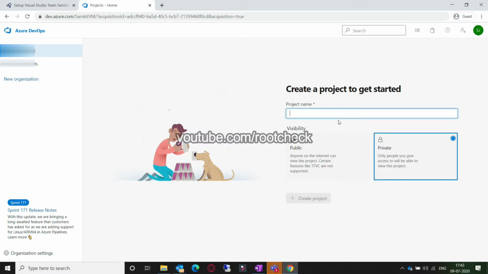One more thing I would like to add here: when you navigate to dev.azure.com for the first time after creating an organization, there is an option to create a project. When you click on that, you would only see the project name and visibility option. So I would suggest go back from this process and try to create a new project from your organization page.